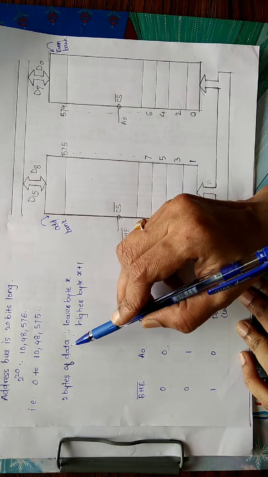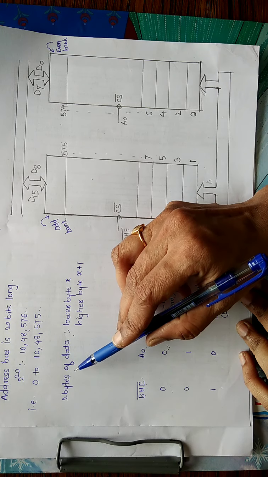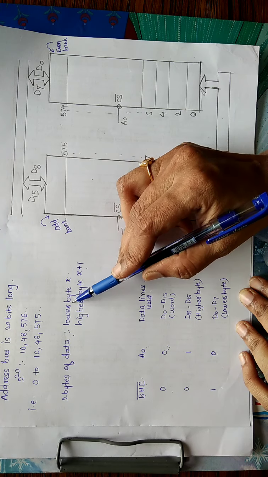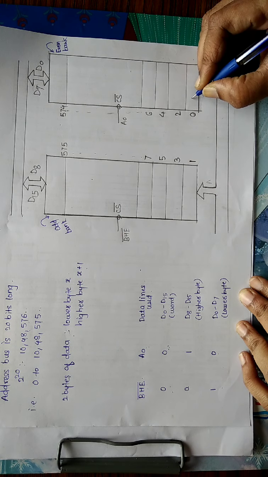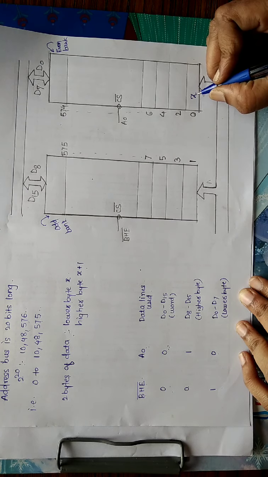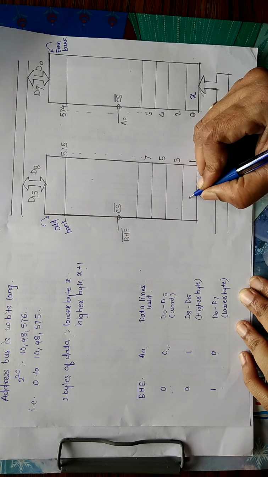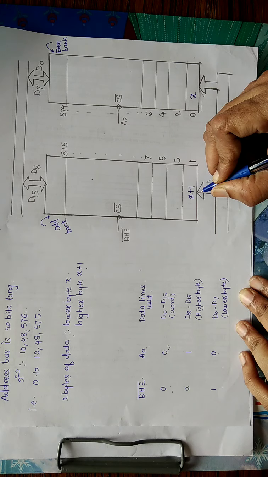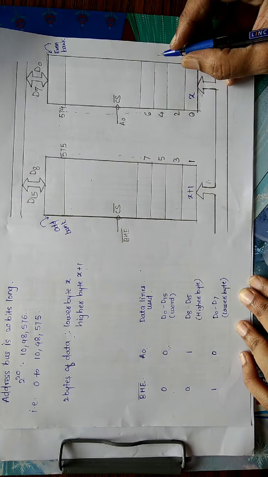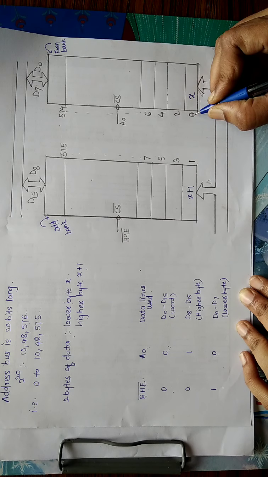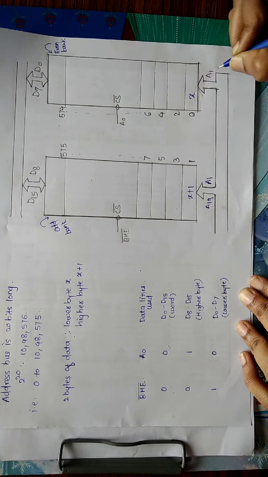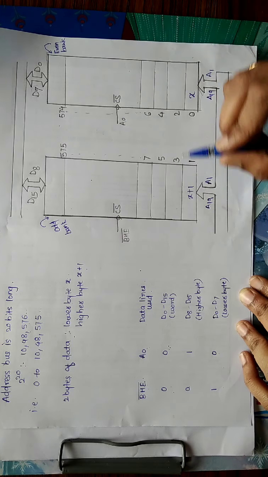If the data is 2 bytes long, consisting of 2 bytes x and x plus 1, which is situated at an even address, then assume that x is located at the 0th address, whereas the higher byte is stored at the successive address present in the odd memory bank. Then, leaving the LSB, the other lines A1 to A19 are connected to both banks.